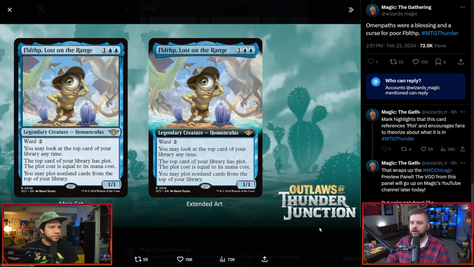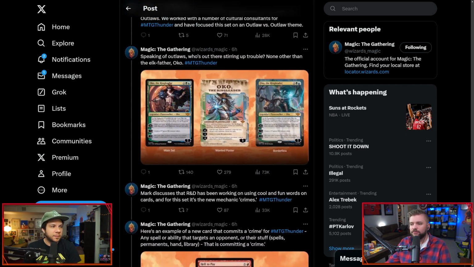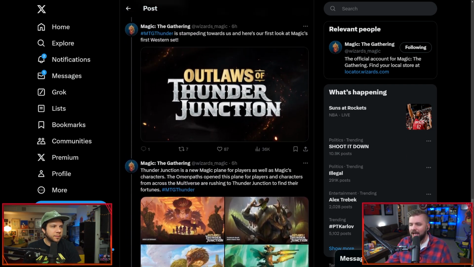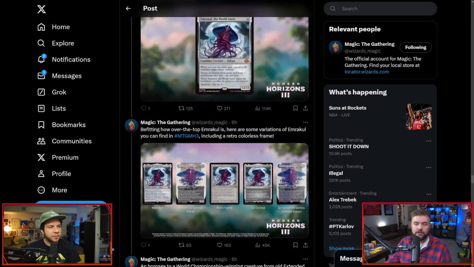Ward of 2. Look at the top card of your library at any time. Top card of your library has plot. The plot cost is equal to its mana cost. You may plot non-land cards from the top of your library. We don't yet know what plot means, but that was the kind of teaser that they left us with, was that plot is a mechanic in Outlaws of Thunder Junction that we have not seen yet and will not see until previews start in earnest. That is every single piece of spoiled information related to Outlaws of Thunder Junction, Modern Horizons 3, Assassin's Creed, or